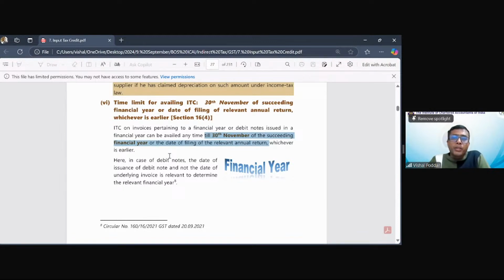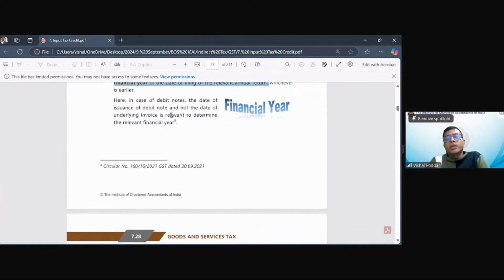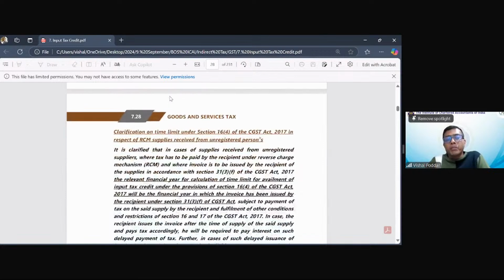So right now, many chartered accountant offices are working on filing their annual returns. If my annual return is filed before 30th November, let us say I filed this annual return on 1st of November, then my last date for claiming the ITC was 1st of November. But practically everybody files it after 30th November so that they can utilize the maximum time. So by 30th November, I should claim the ITC in the 3B return which I have filed. If I fail to do that, I will lose that ITC as per the condition of 16(4), which is my time limit.